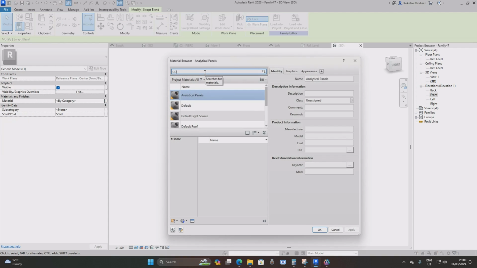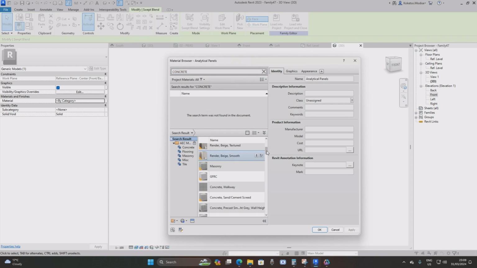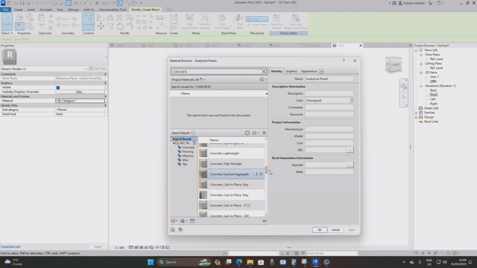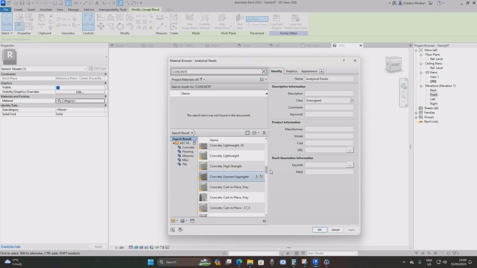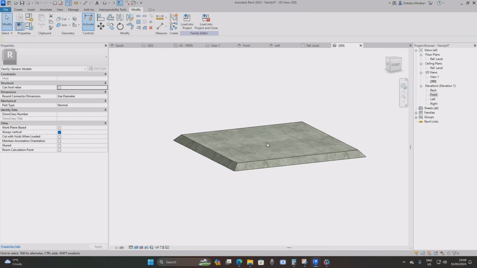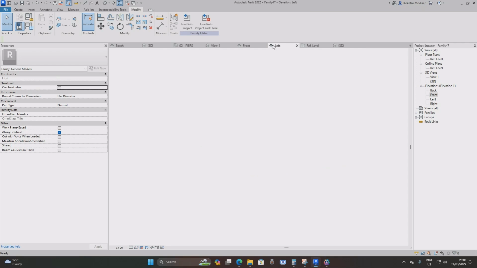So you're gonna name this one concrete. So it's basically your epoxy, so you're gonna make it concrete. So it's usually cast in place, so we can just select this one, concrete cast in place, gray, load it in, apply, okay. And now go back to